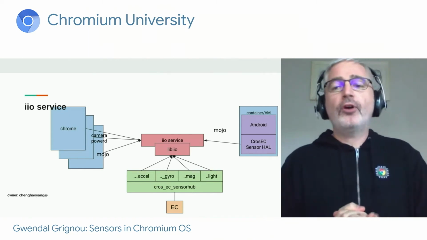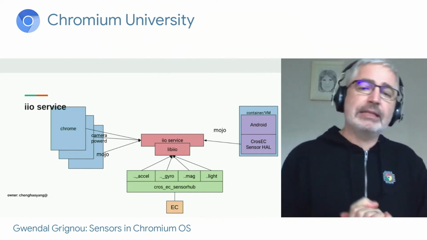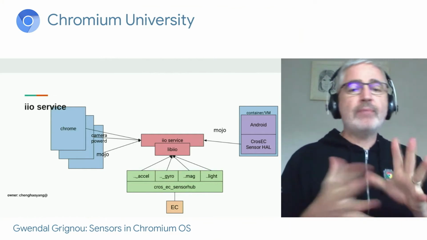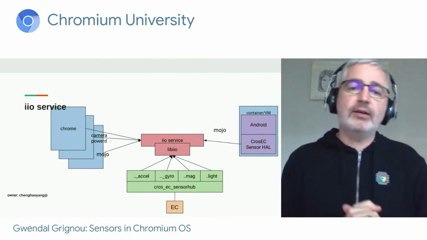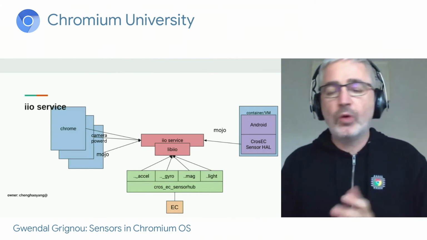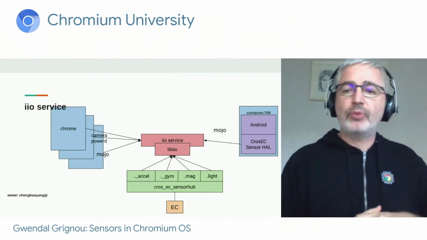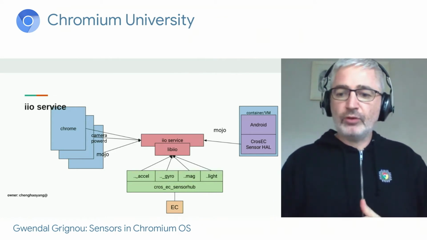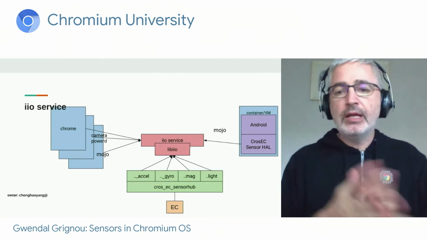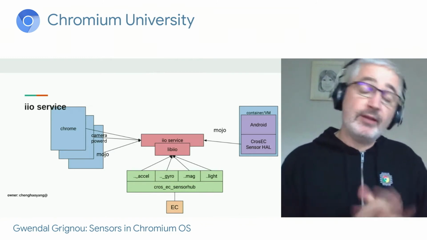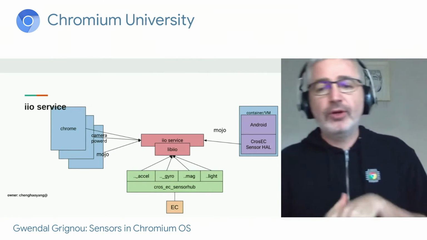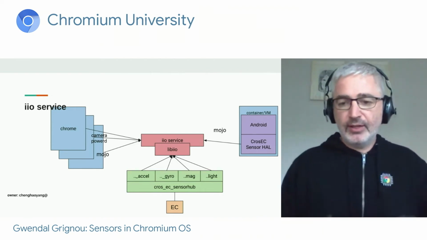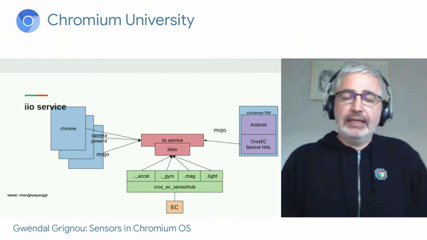But for us, for Chrome OS, it didn't work out, and we tried to fit it in, but we came back to Mojo, which is widely used in Chrome, and it works pretty well, and it's easy to get a working example. So we decided to create a Mojo interface, which is very similar to what the IIO interface offers, so that it makes it possible to support any kind of sensor.